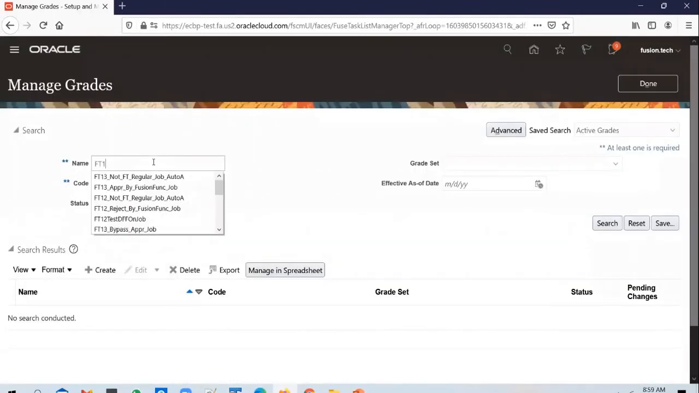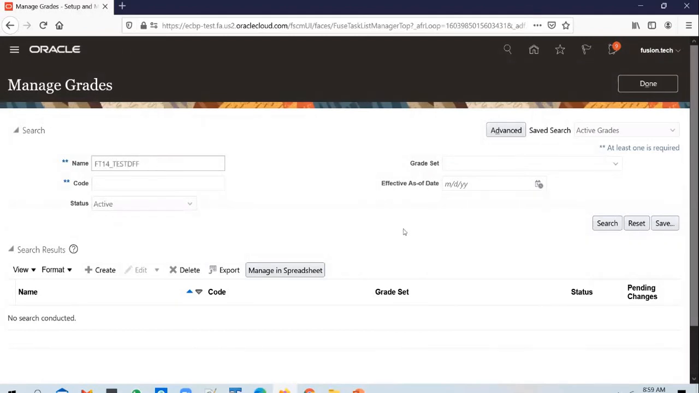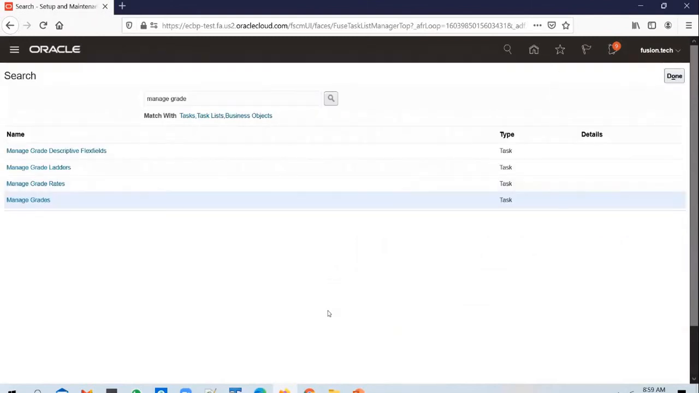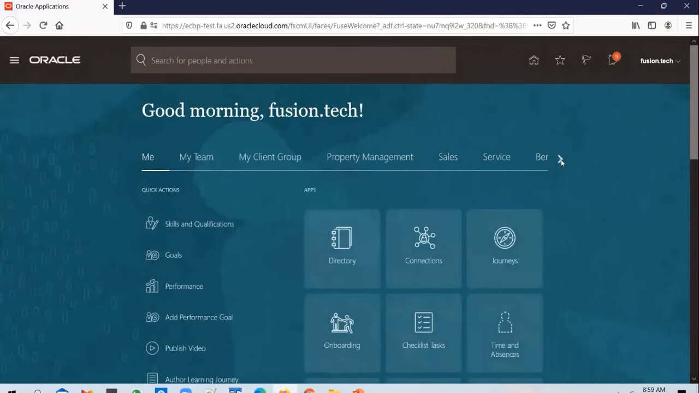Okay, so let's see if it has been created. FT14 test DFF grade. You could see that the grade is created. And if you want to see where this information is stored, it will be stored in the attribute columns. So if you go back to the home page, if you want to see where this information is stored in the backend,